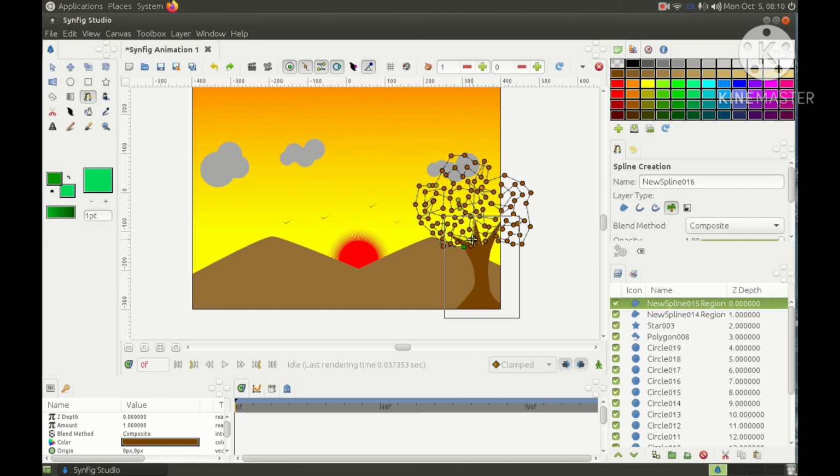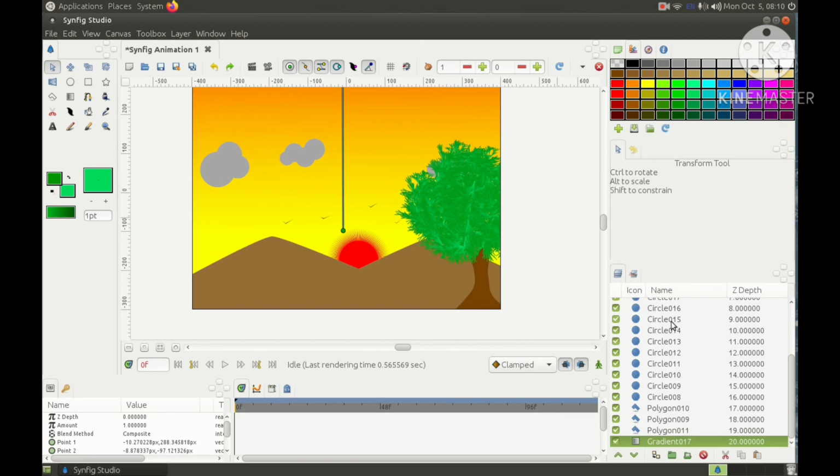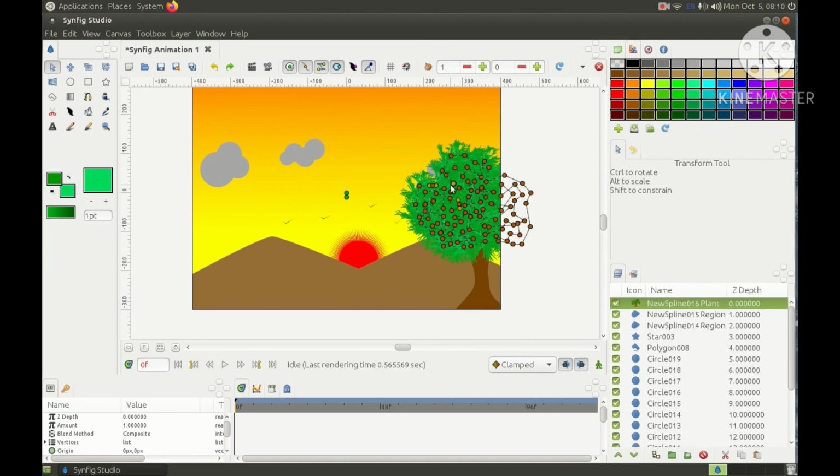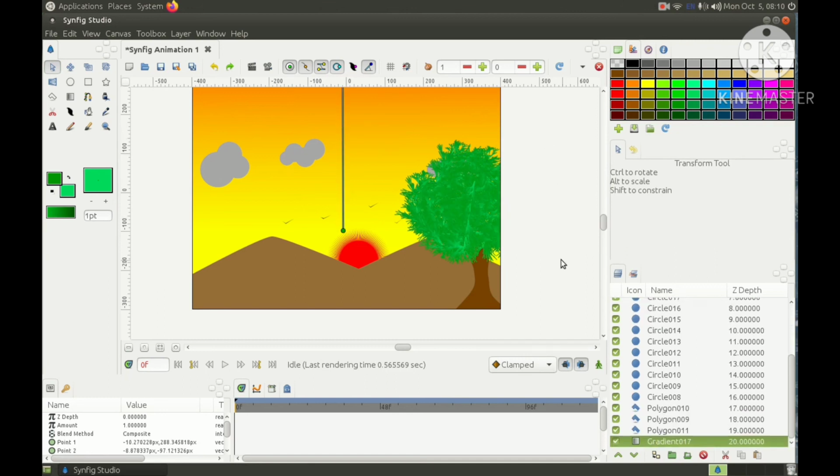And we can join at any point. Loop SP-line. There are so many points, so we have to wait for a while. You can see leaves are created.